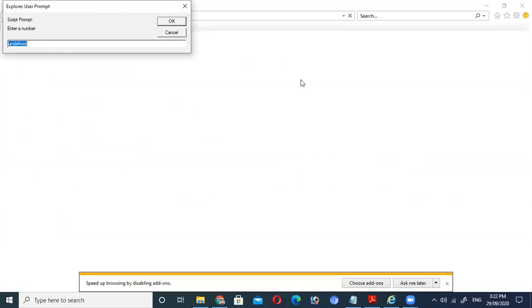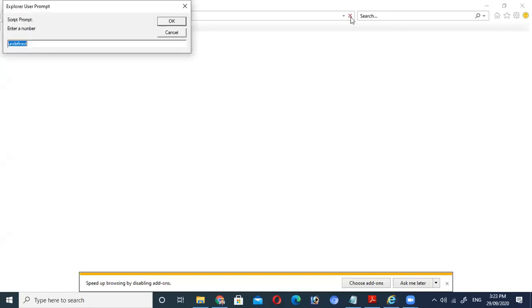Yes, let me know. Okay, now here I'm going to enter the number 10. When I click on the OK button, I'm getting the answer that the given number is divisible by 5. Right? Here I'm getting the answer that the given number is divisible by 5.